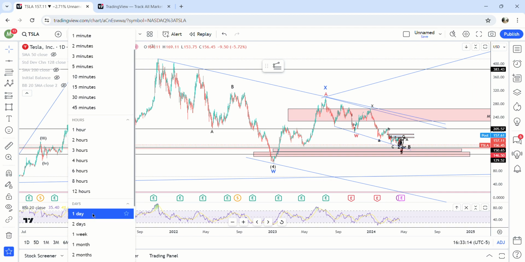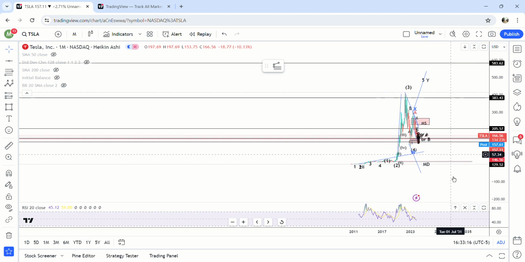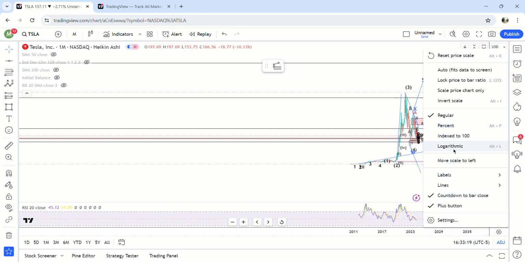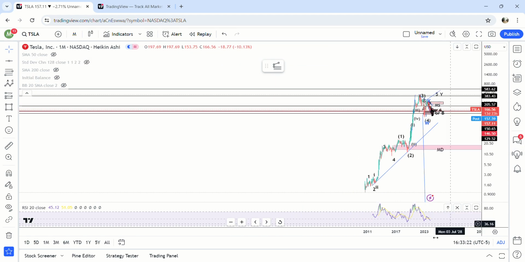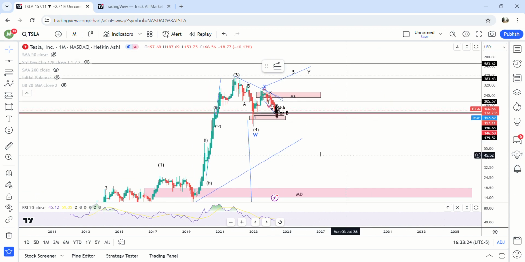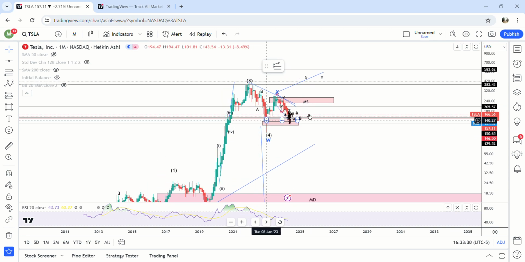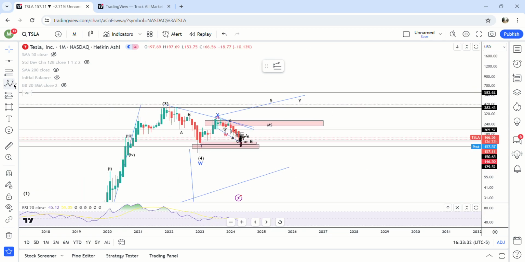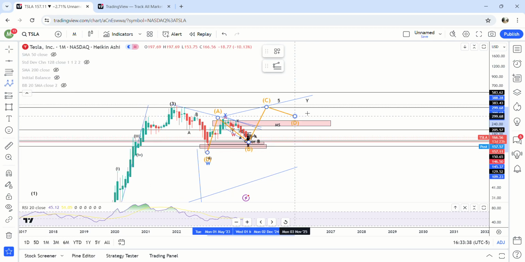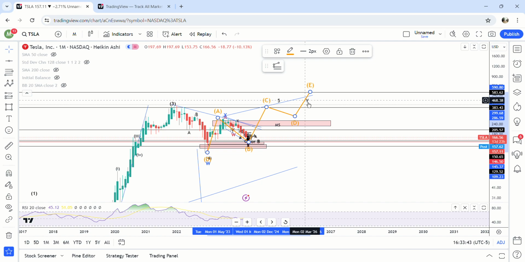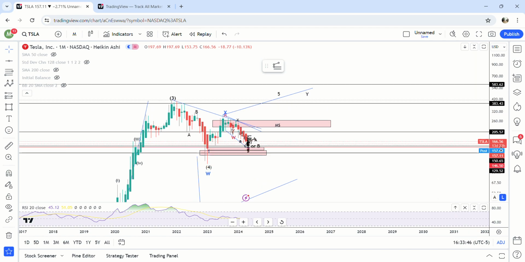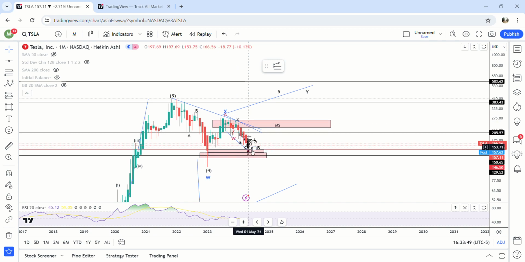So going back to videos I've done over the last year or so, I've had this count. I have to go to the log chart for this, just to go over this. I've always thought this was the fourth wave right here at 100, and that we were making a diagonal. So the diagonal would look something like that up here to like 500 or so, maybe only like 450, but that was always my count. Obviously this has gotten pretty out of hand and gone a lot lower than I thought it was going to, but